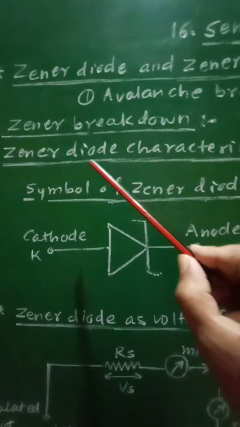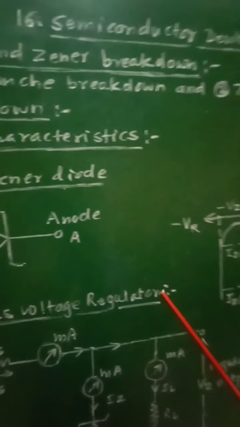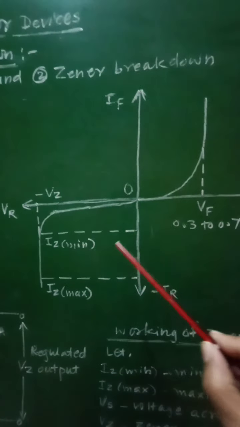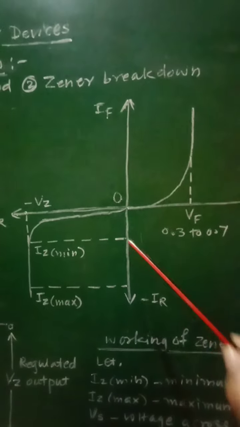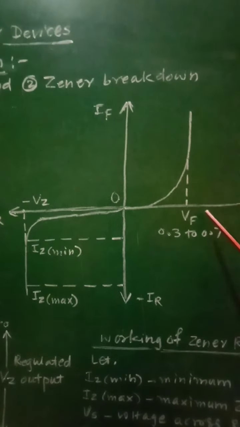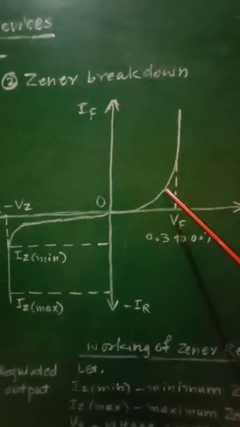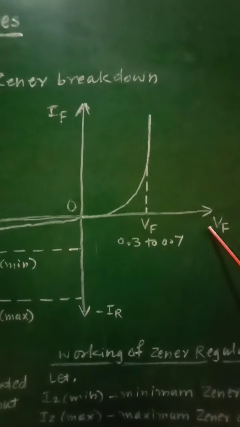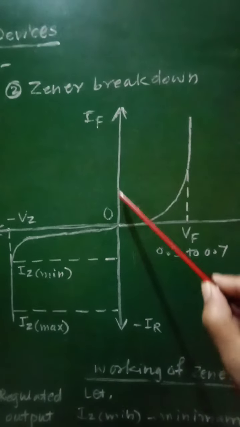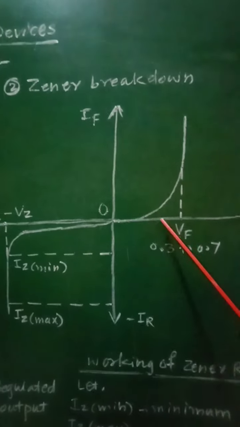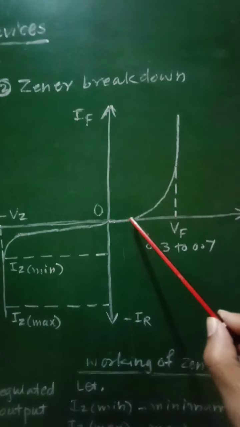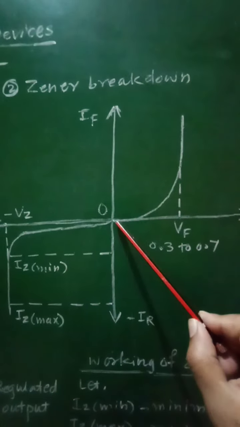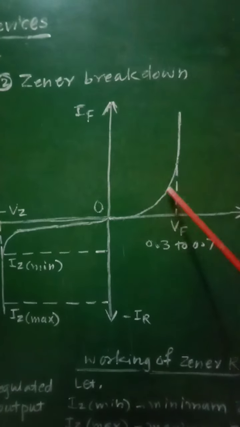And now let us see the Zener diode characteristics, that is IV characteristics. So the IV characteristics of the Zener diode are as shown. So current against voltage, that graph is plotted. When the Zener diode is operated in forward bias mode, that is VF, forward voltage is applied, at that time forward current will be set up in the diode, and these characteristics in forward bias mode of the Zener diode are similar to those of an ordinary diode.